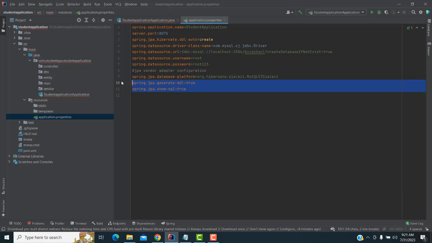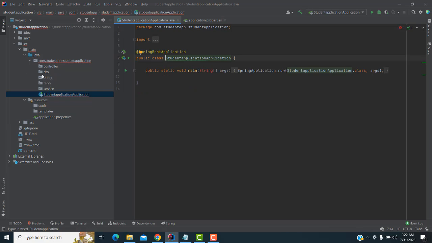This is a JPA setting. You have to write the Hibernate settings, all those things. So these are the basic settings you have to configure first. Then only the database configuration works, the port and everything works. Now what I'm going to do after that is go to entity, select the entity,